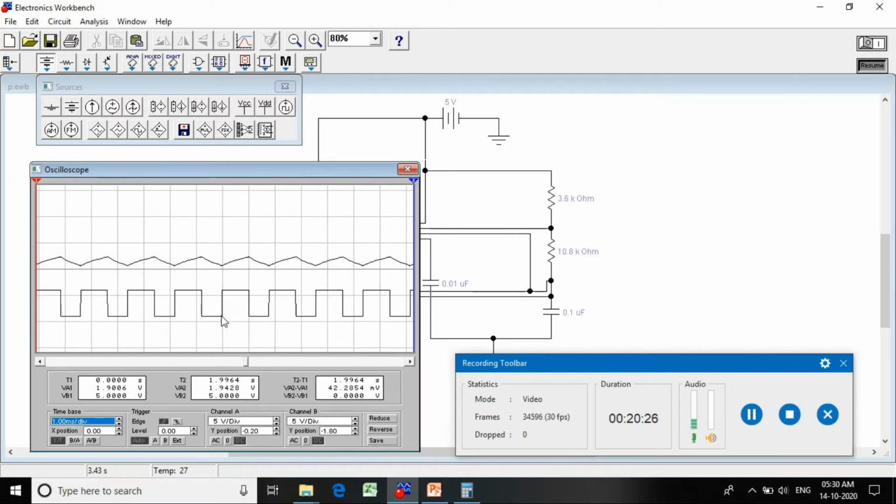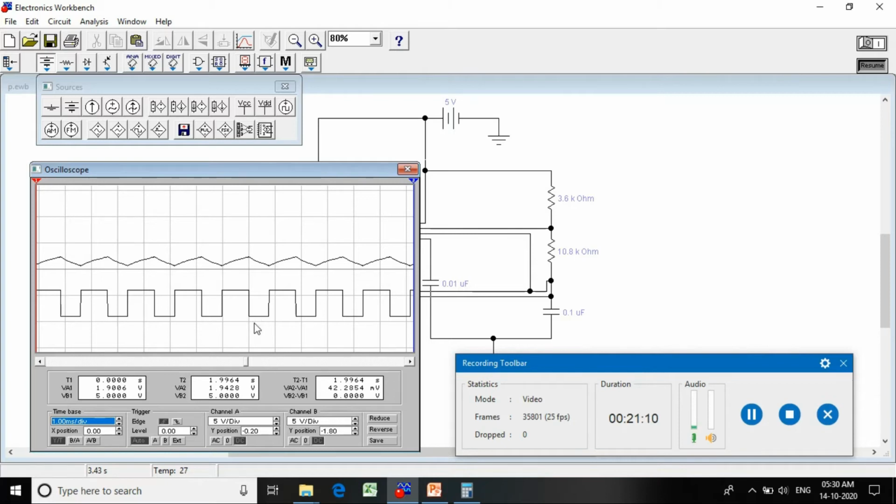So you can observe here nicely we got the charging and discharging point here. So what will be the value if I consider this as one measure? What will be the value of TH? Yes, it is 1. What about TL? It is 0.75. If I consider this as 1, I'll consider this as 0.75. Okay, so here T is TH plus TL. So this is charging and discharging, so this will be considered as the total time. So T is what? TH plus TL. So TH is 1 plus 0.75 is 1.75.